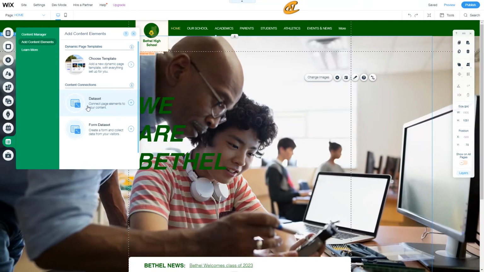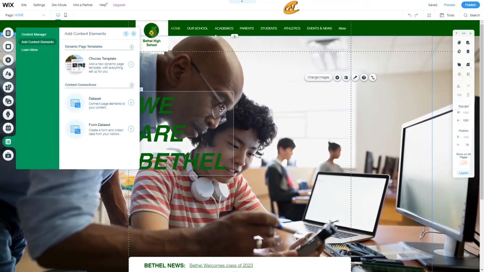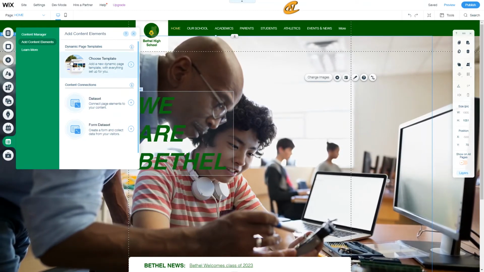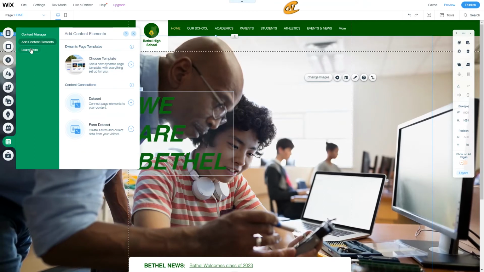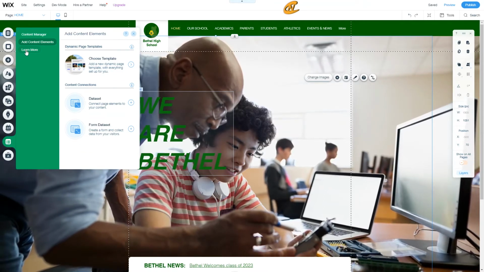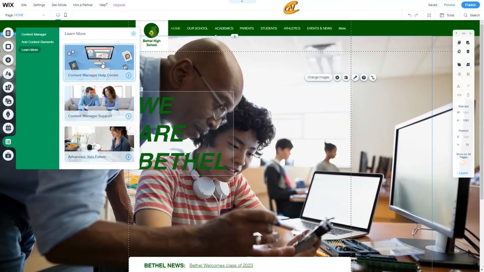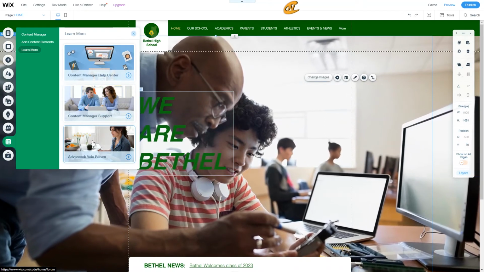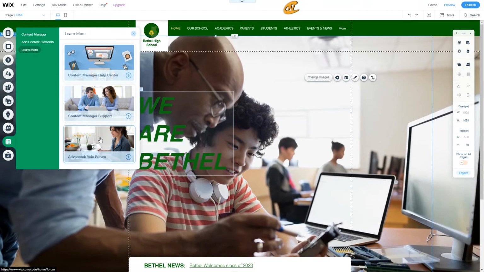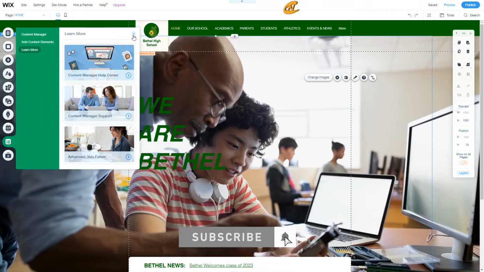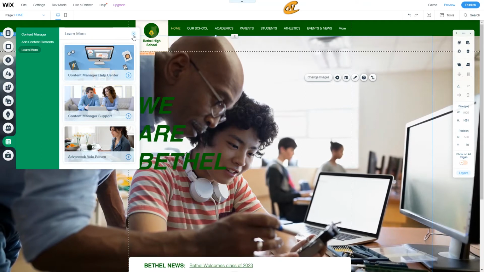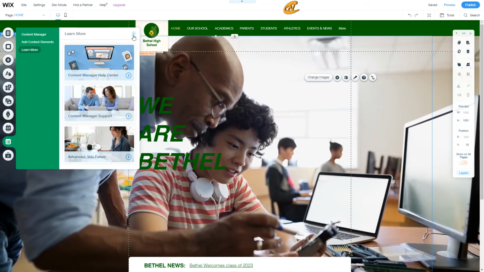All right, so you can come here and bring a database onto your page if you would like, or you can create a form data set. These are easy buttons here, and you can also come to the notorious Wix help, which is the learn more button. When you come to learn more, you can go to the Content Manager Help Center, or the Content Manager Support, or you can go into the advanced section, where your Velo forum is. That's what I normally talk about in my other tutorials, so definitely go check them out in the right hand corner as I speak right now, to see some tutorials on what I did with Content Manager